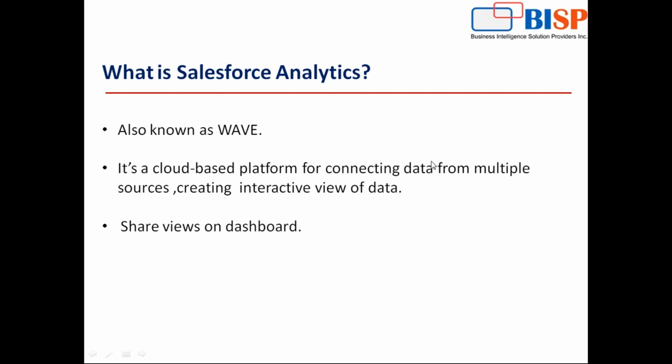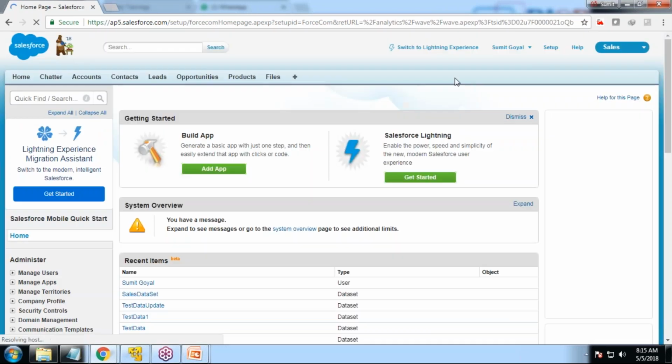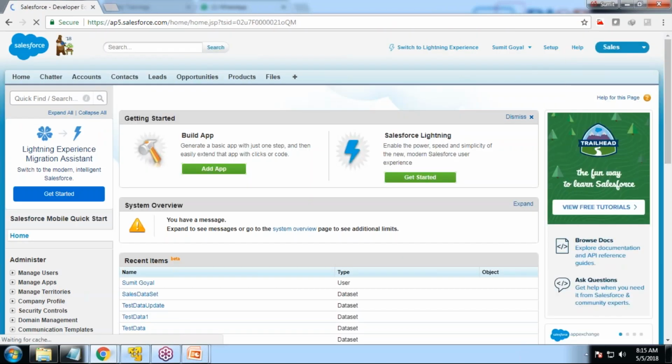Also, in Salesforce we have some pre-built reports. If we switch to Salesforce, we have some pre-built reports. Let me show you that. We go to setup, and in Salesforce we have some pre-built reports. Like, I'll go to services, excuse me,